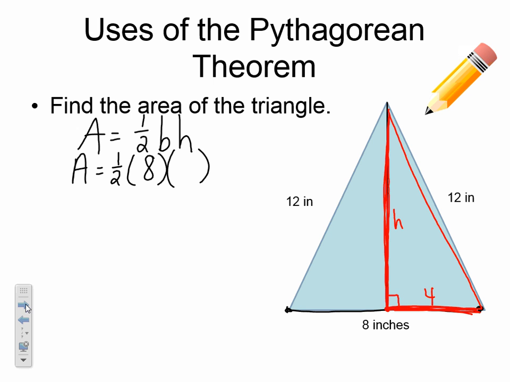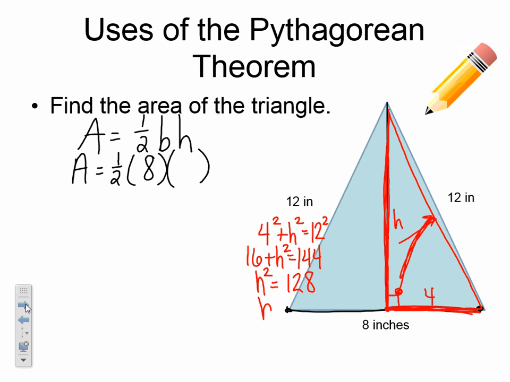So I would set up the Pythagorean theorem to find that height. It would look something like this. 4 squared plus h squared equals 12 squared. The 12 is the hypotenuse because here's the 90-degree corner, and it's across from it. Okay, so 4 squared is 16. H squared, don't know. 12 squared is 144. So the height squared would be 144 minus 16, which is 128. So if I square root the 128,